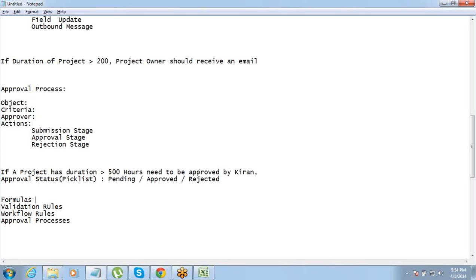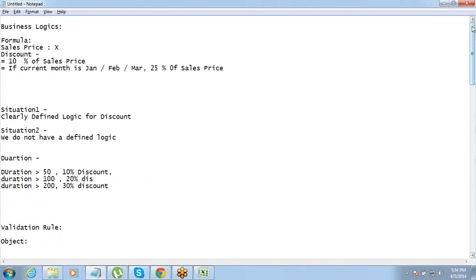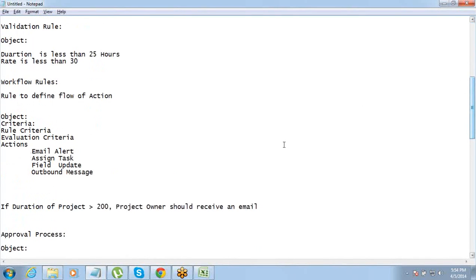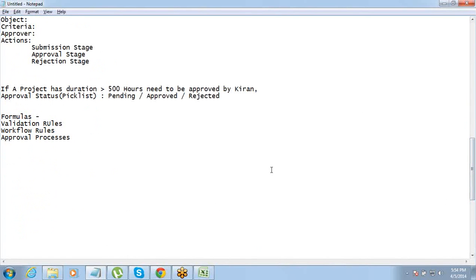So what is a formula? If I have to just quickly take you through the entire thing again. Formula is basically a field type, right? So formula is a field type where you can define some logic, and based on the logic, certain calculations can be done on the field. So it is not always about mathematical or logical calculations. We can do other types of things also. For example,